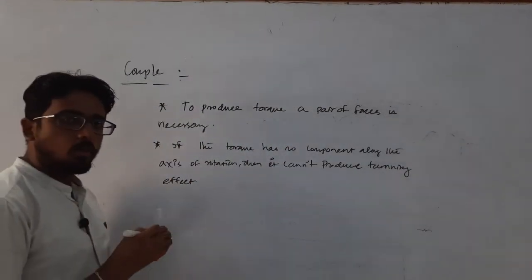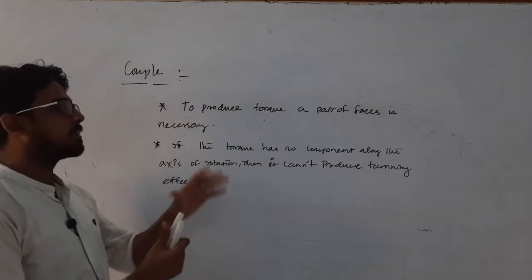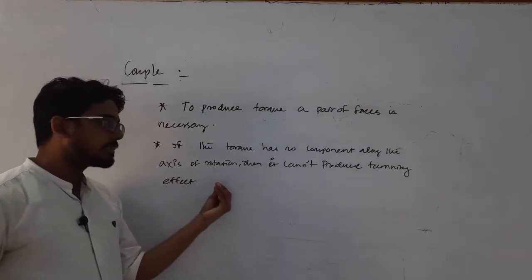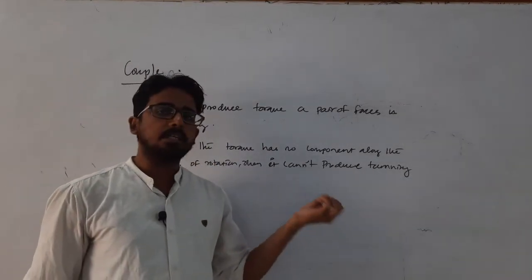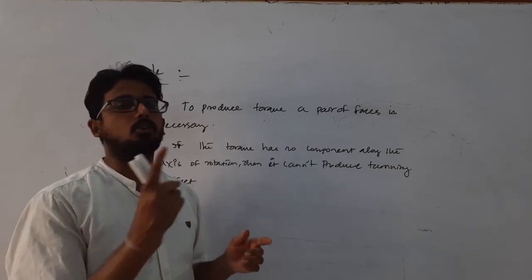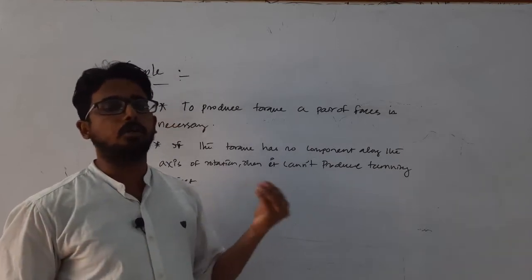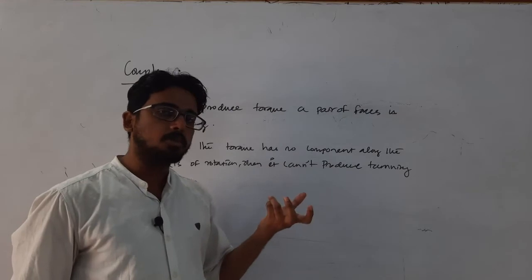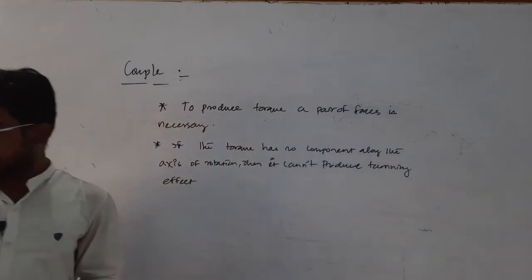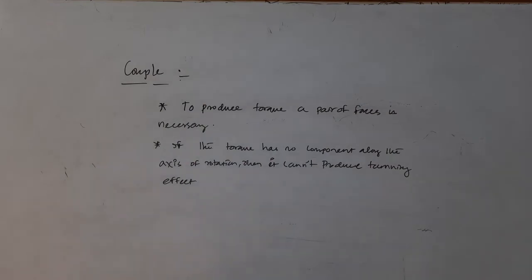If the torque has no component along the axis of rotation, then that torque can't produce a turning effect. But if there is any component of the torque which acts along the axis of rotation, then the torque is responsible for the turning effect, or it can create rotational motion or a turning effect in the body. Clear? Okay. So this is all about torque and couple,